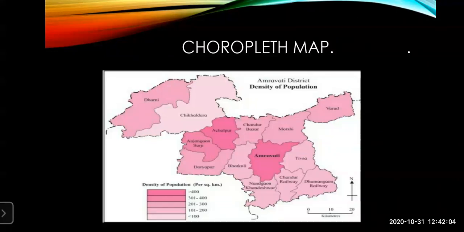Once again, students, I want to remind you regarding the direction which is given. In the map, if you know how to read the direction, then it will be very easy for you to answer any questions regarding this map. As I told you earlier in the lecture, I'll remind you of the same technique. The direction is given below the map in one corner, showing an arrow of the north direction. The others you are going to find out. The opposite of north is very easy: the down part is south.